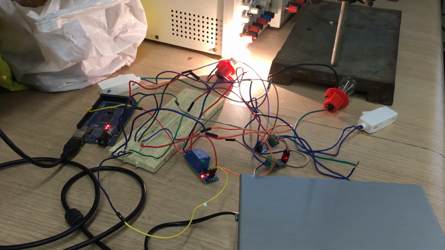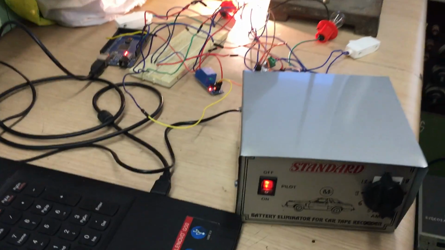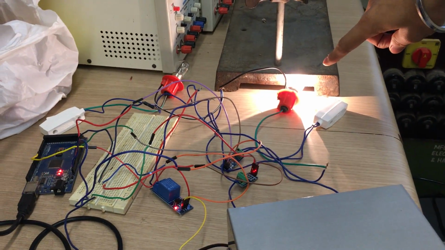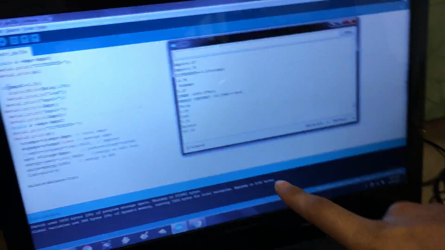So now the consumer comes to know that there is a theft down below, so he can go out and verify. Now as I switch, if the theft is removed, you can see the load is reconnected, and now it starts reducing the balance again.